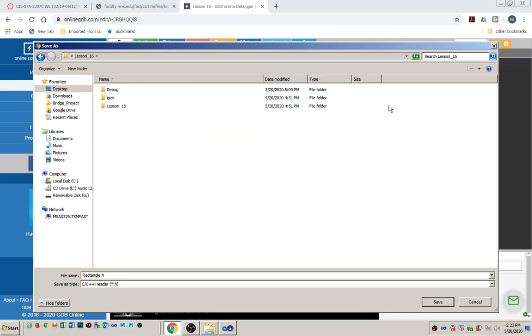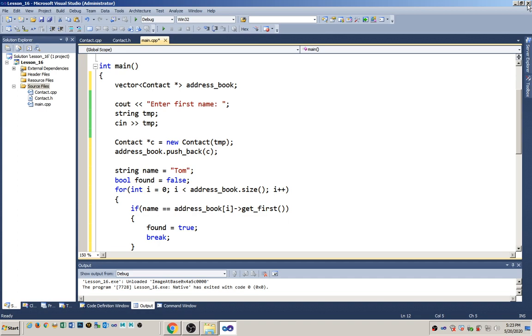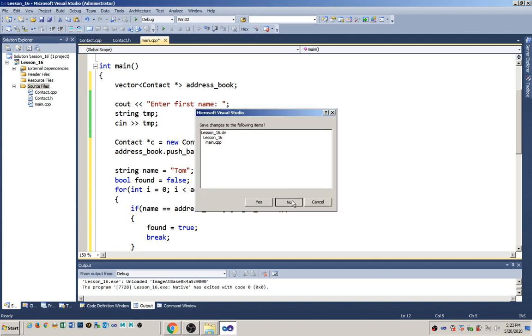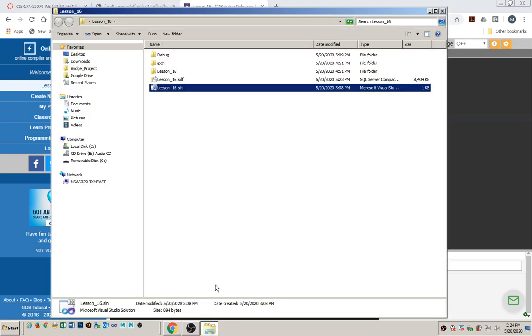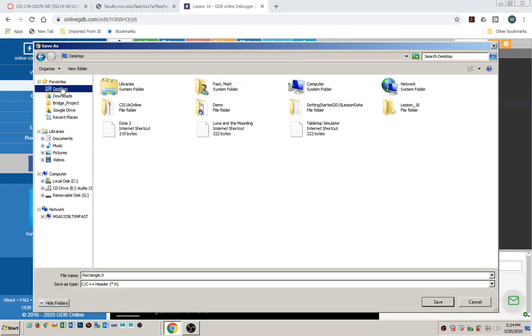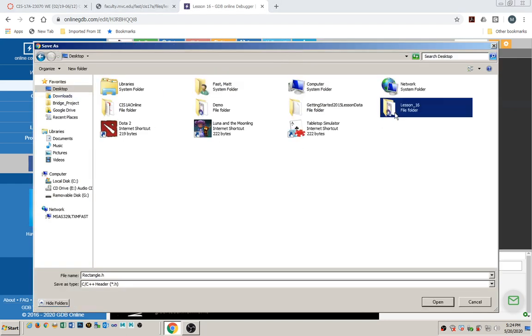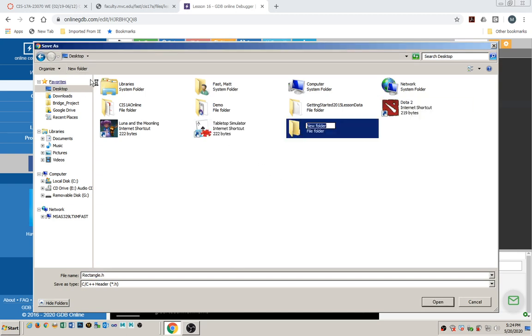Okay, why is it not letting me do that? Because the compiler's open? Okay, let's close that. All right, let's try that again. Okay, so rectangle.h, download code, desktop, will let me delete it now. Yes, okay, so you're going to make a new folder, call it lesson 16. Because for this submission, you're going to submit a zip file, not